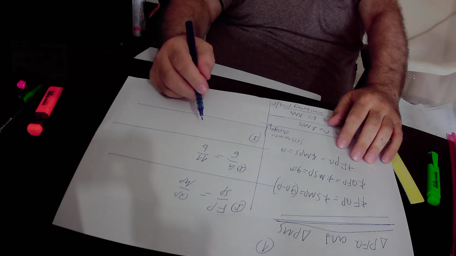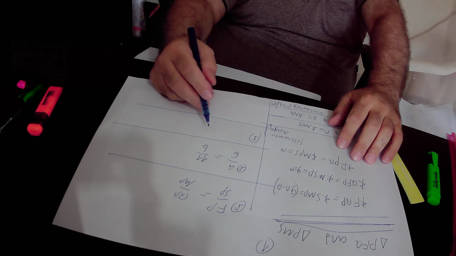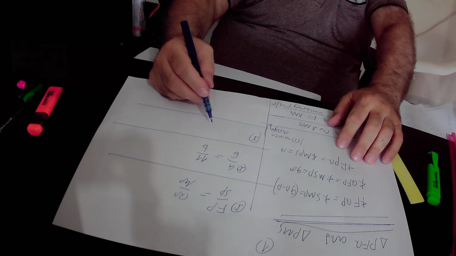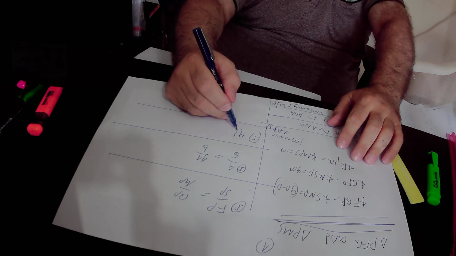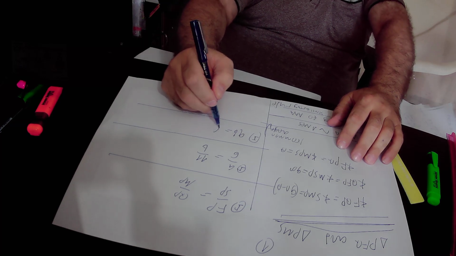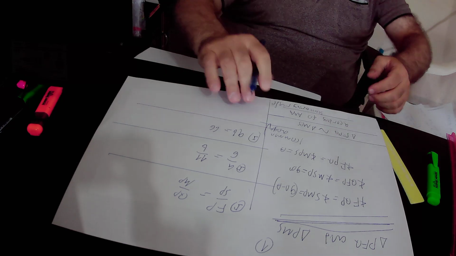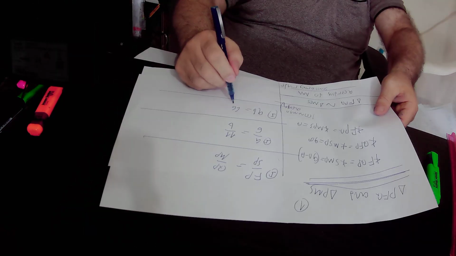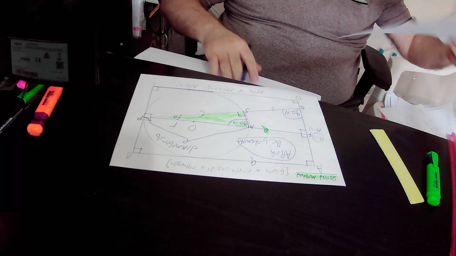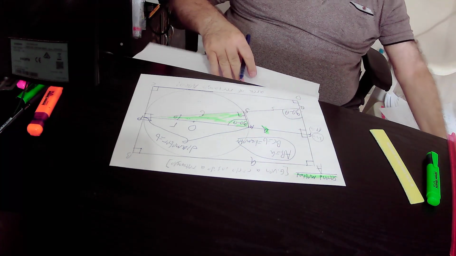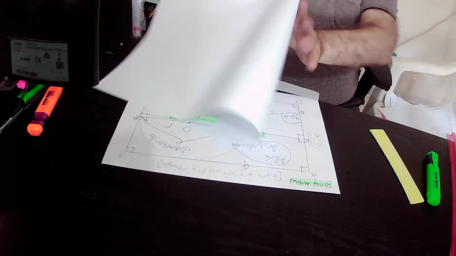So in conclusion, we found out that according to equation number 1, A over 6 equals 11 over B. Here we cross multiply this equation number 1, and we find out that AB equals 6 times 11, that is 66. So AB equals 66, and the area of rectangle ABCD